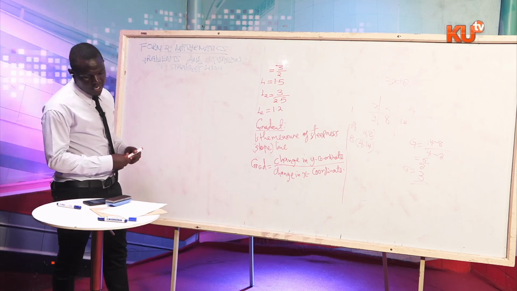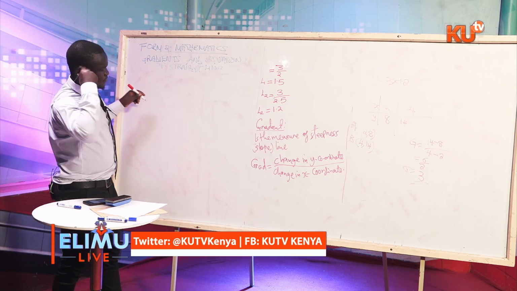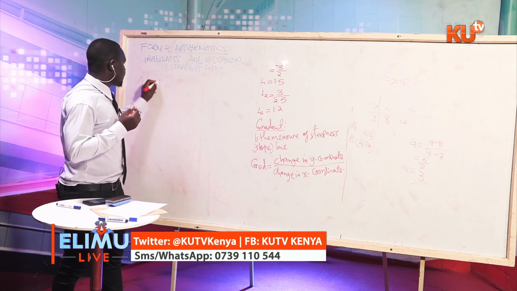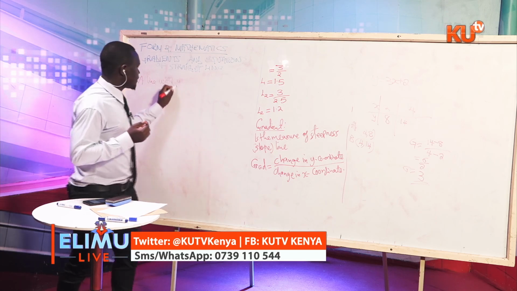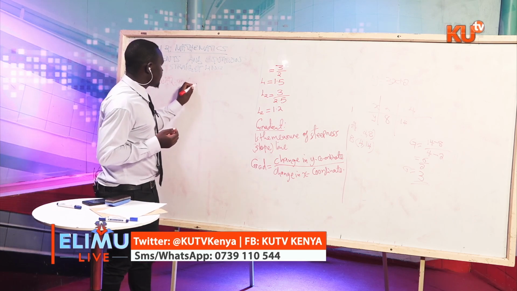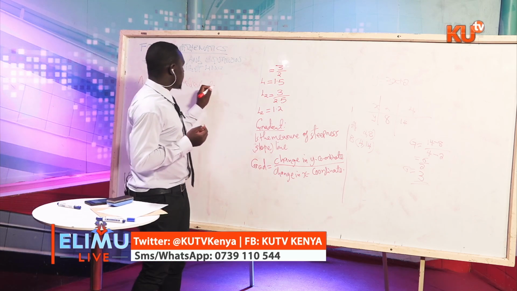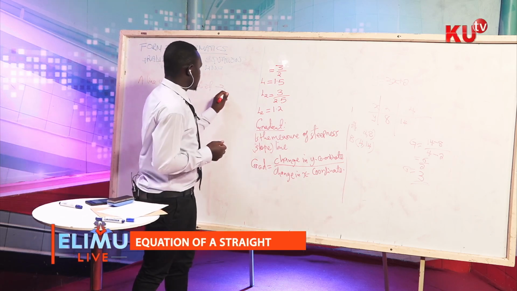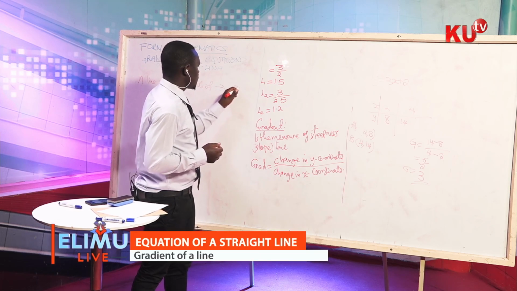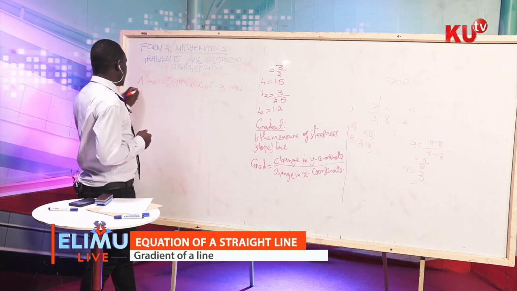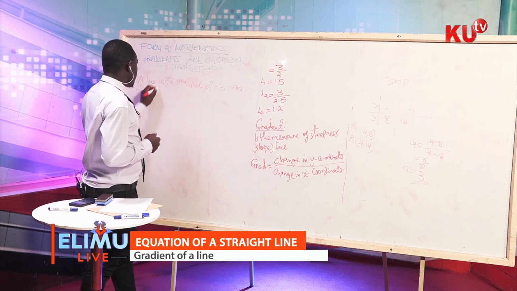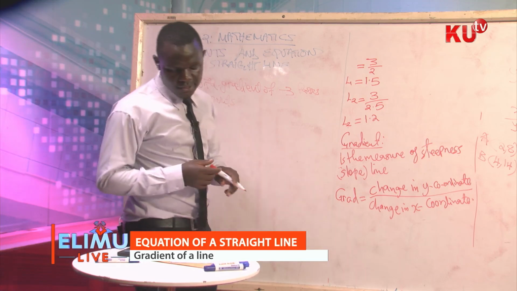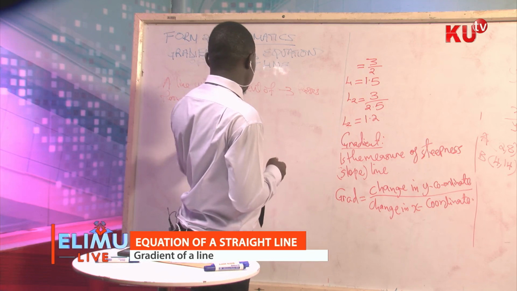A line with gradient of -3 passes through the points